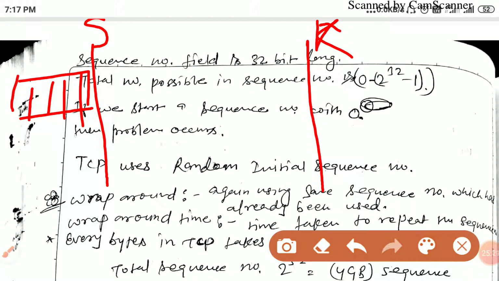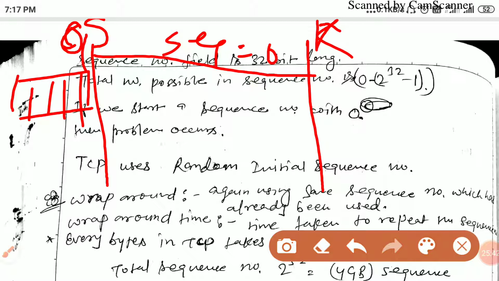So what will be the sequence number? As I told you, the sequence number should not start with 0, but let's start from 0 and then we'll calculate why it should not. When S transmits one packet, the sequence number field will be 0, and the packet covers, suppose, 0 to 99.